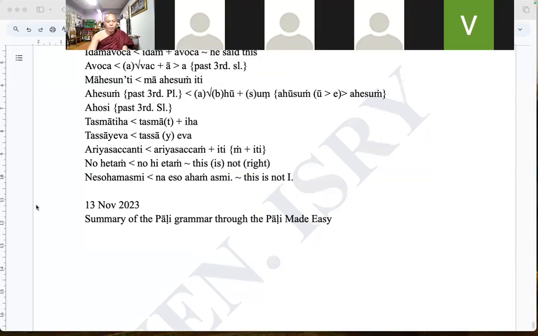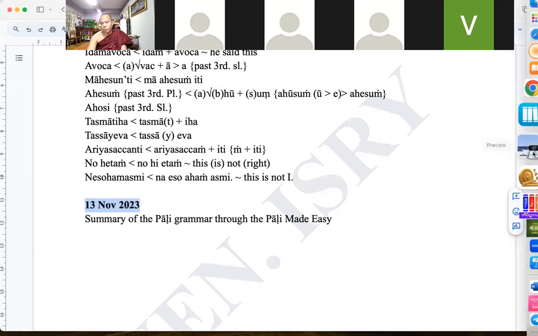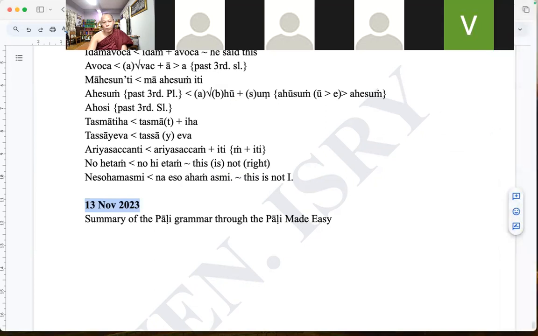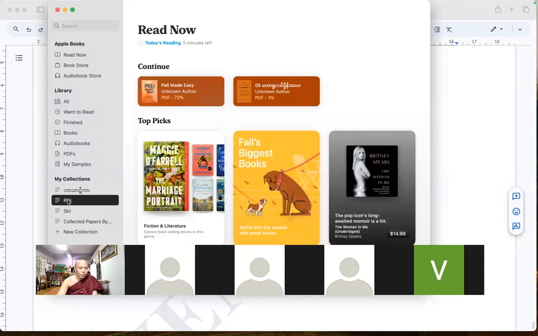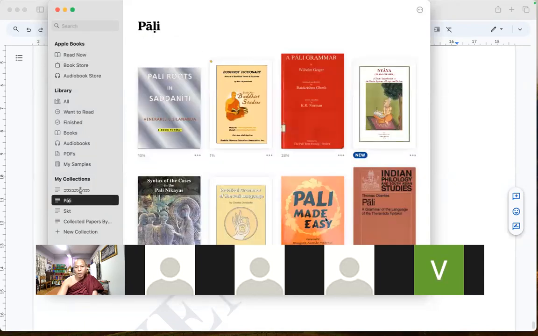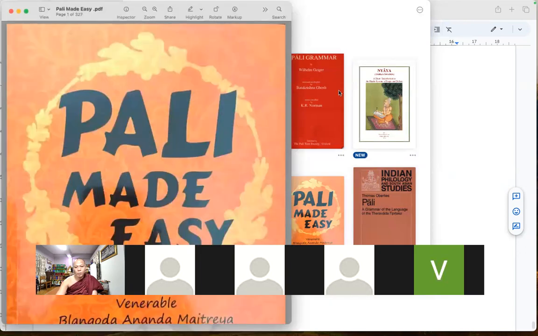So actually we finished the lesson 36 exercise and vocabulary. So that is why we should do the exercise for that lesson. But as we all know, all of them are whole discourses: the Dhammacakkappavattana Sutta, another Lakkhana Sutta, and then the Dvayatanupassana Sutta. So in this way, that is why,